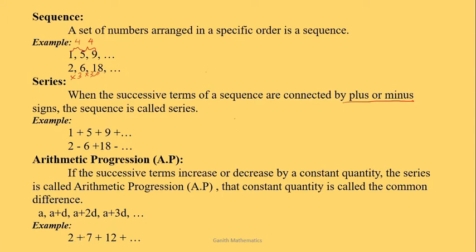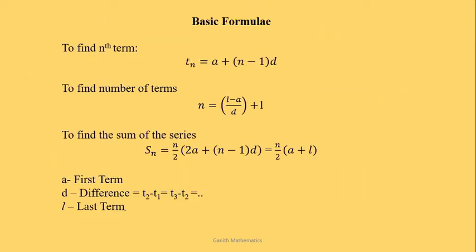The first term is 2, the second term is 7. See that if you add 5 with the first term, you will get the second term. In a similar way, if you add the 5 with the second term, you will get the third term. So the addition of this particular term increases this, formulating this series. We call this kind of addition or subtraction of elements forming a sequence or series an arithmetic progression.